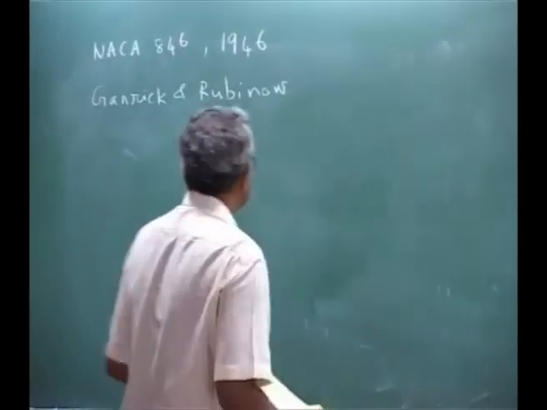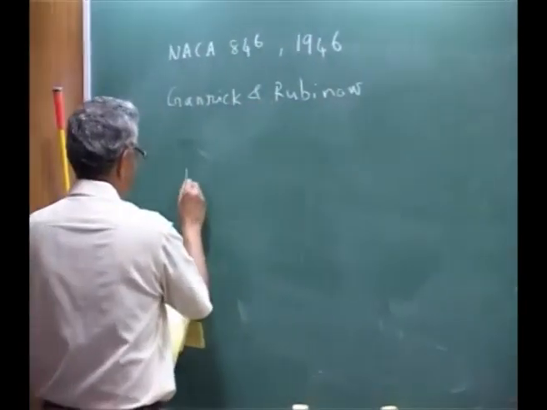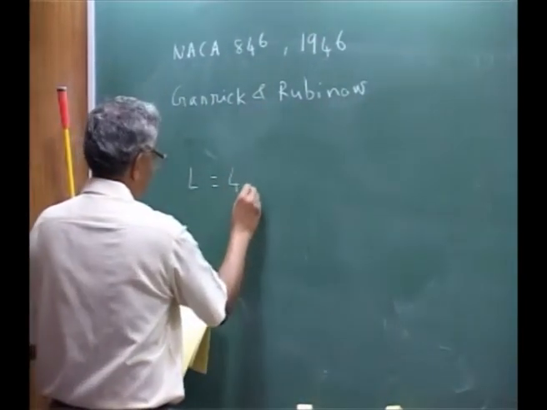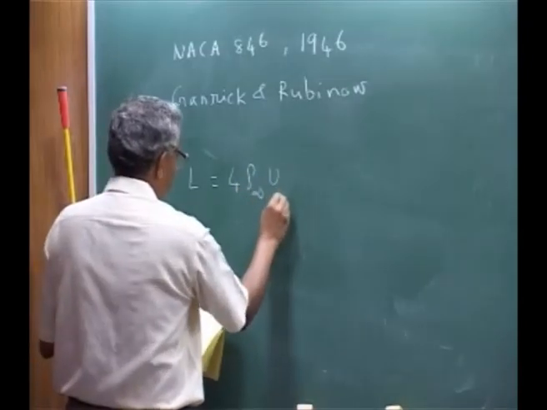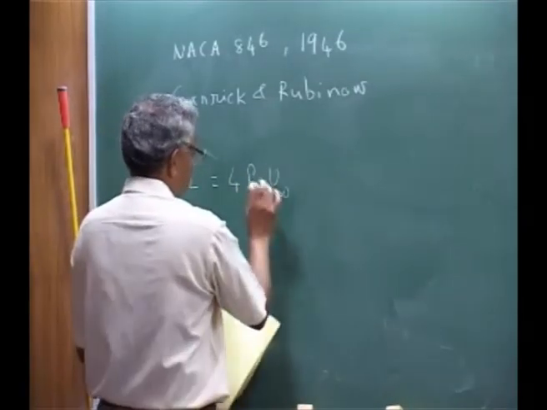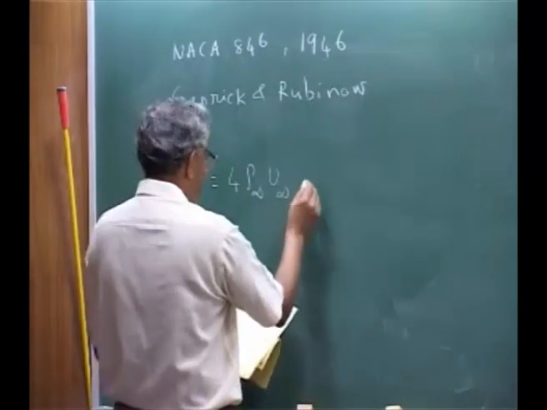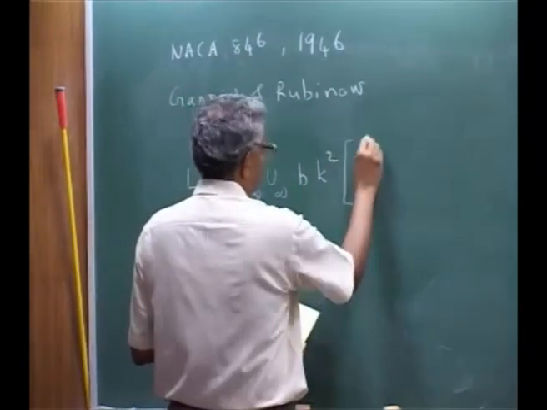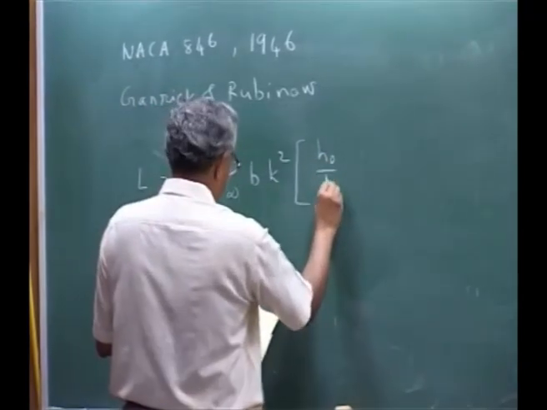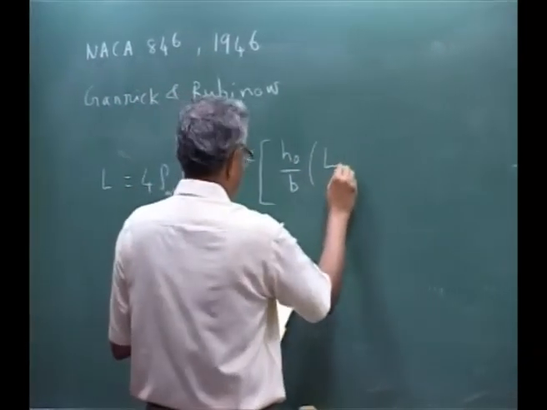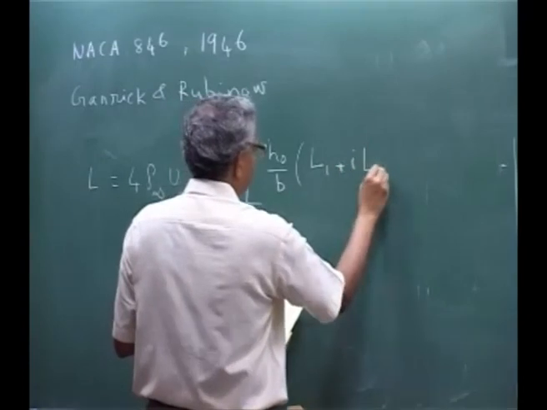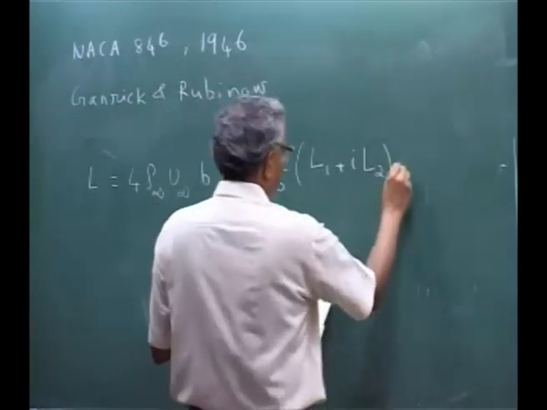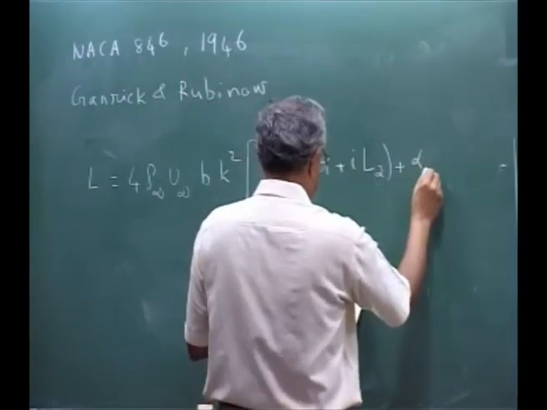How they have represented is, they wrote my lift as 4 rho infinity u infinity, okay, rho infinity u infinity square b k square. Please understand h naught over b L1 plus I L2 plus alpha